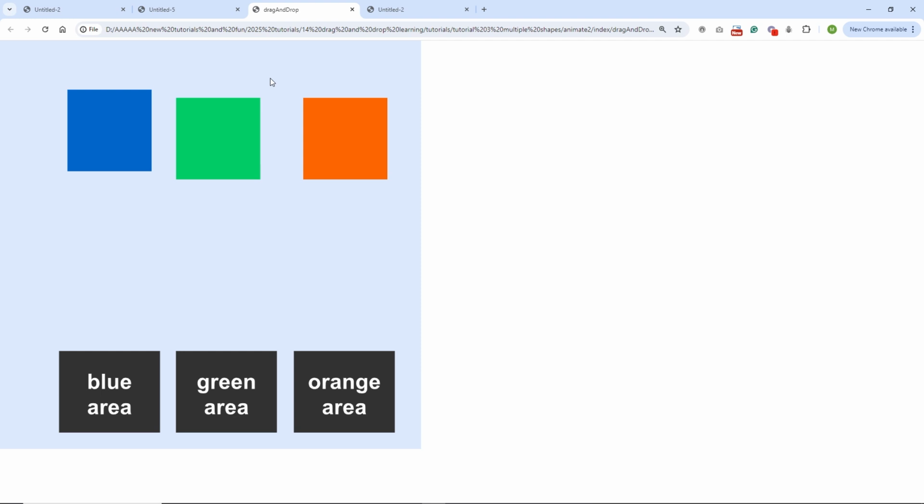So hello and welcome to this Adobe Animate tutorial. Today we are going to continue with the drag and drop, and we are going to have three shapes, three areas. As I said, this is going to be tutorial number 3 because I created the whole